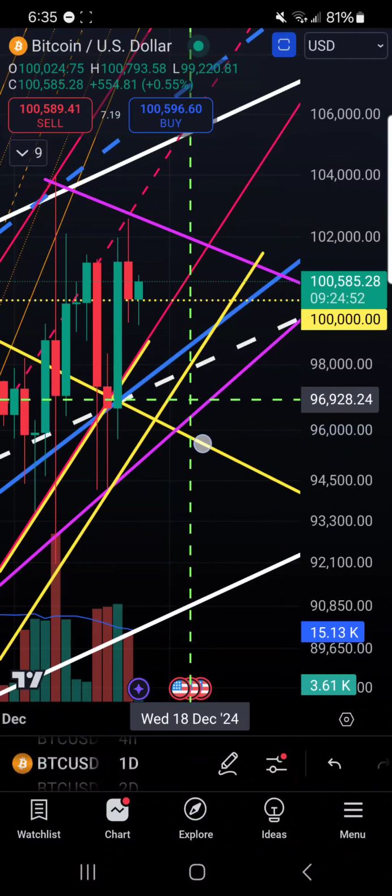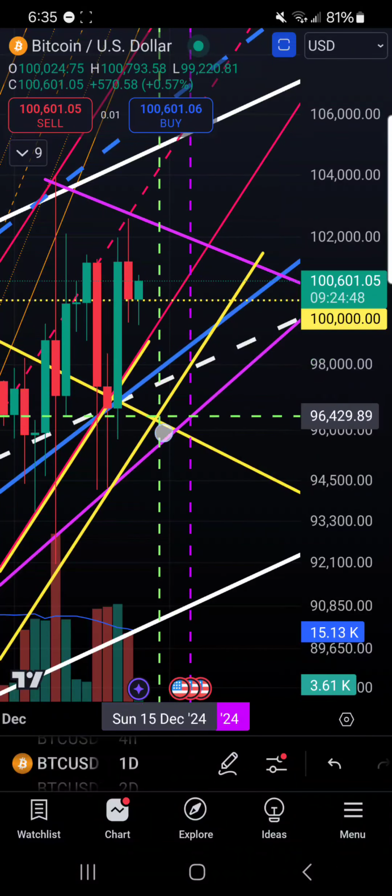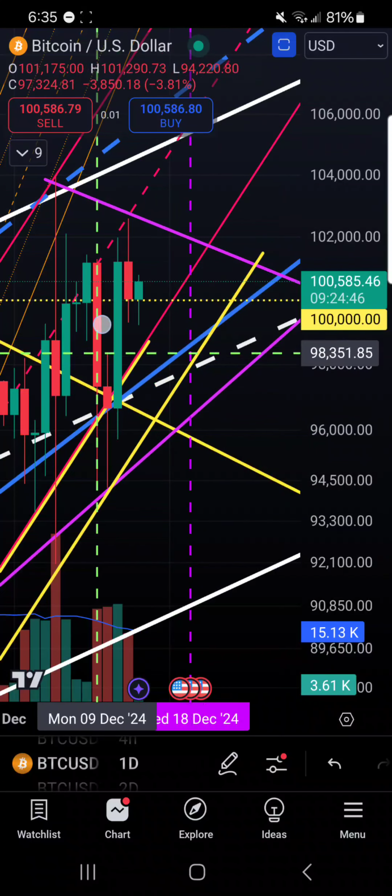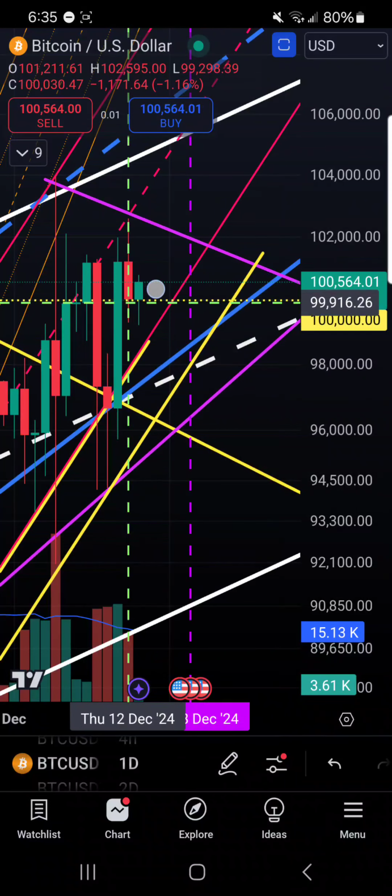But I don't think we're going to come down to the pink channel, although we could. I think we're going to get blocked by this yellow line right here, which is just a shift of our red channel here,